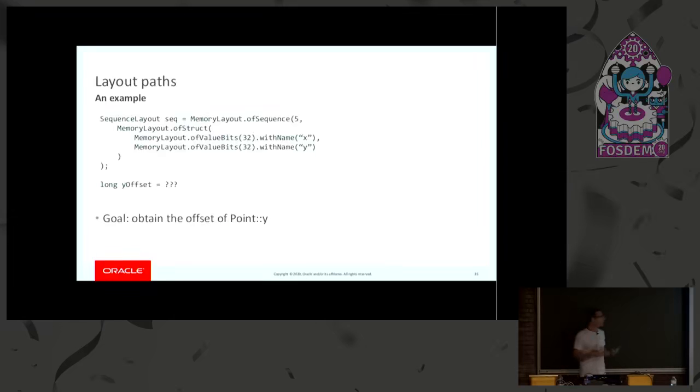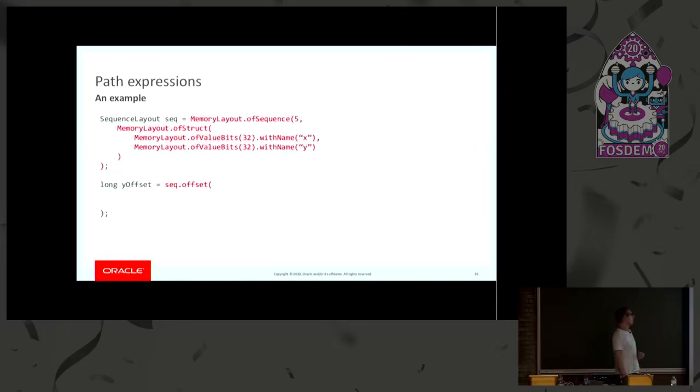So let's say that we have this big layout here, which represents my array, and I want to compute the offset of the y field inside a point. How can I do that? Well, there is a handy method inside a layout object, which is called offset, without too much fantasy maybe. You have to pass a path that enables the method to find the field that you want to get the offset for, starting from the outer layout. So here we are starting from the sequence layout. The first thing I have to do is to choose an element of the sequence. Let's say that we pick element number 0, because that's the one with the least offset.